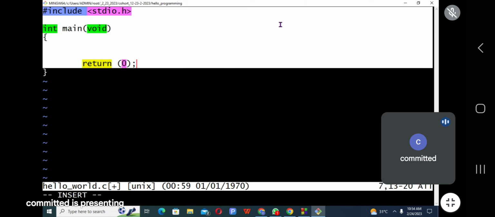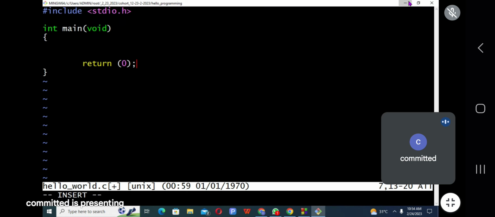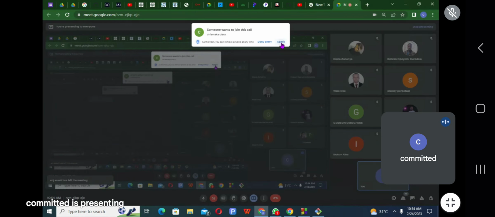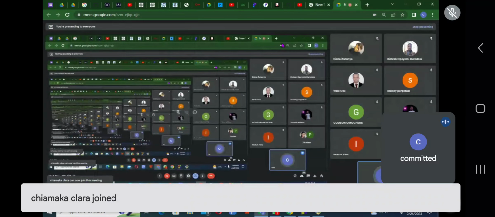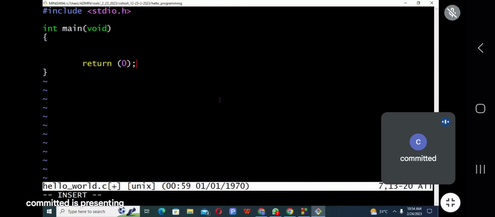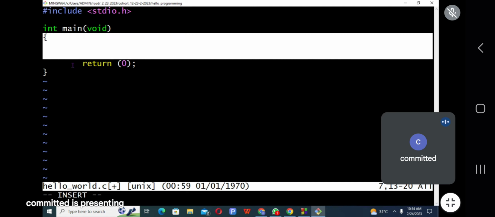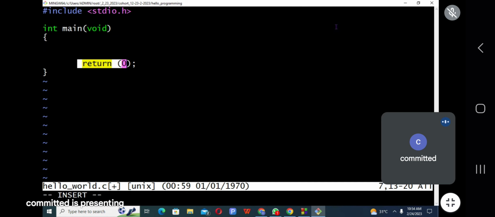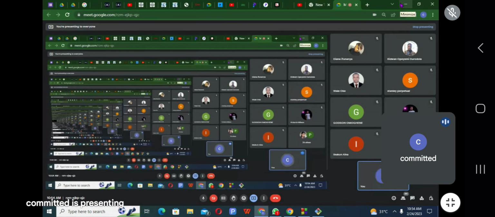So this is the syntax of writing C programming. Let's master that. Make sure you understood this. Before you can write any C program, you need to declare your header file, your entry point, your code block, and your return statement. So having done that,